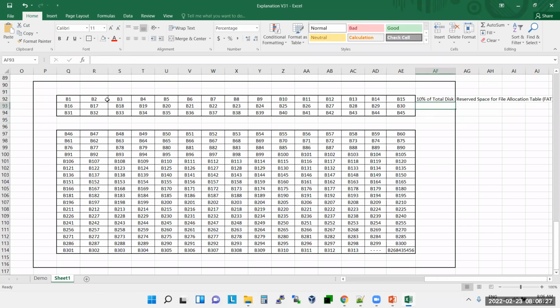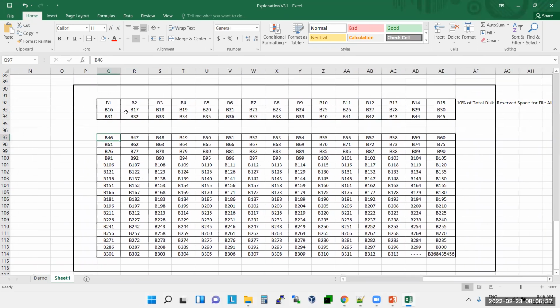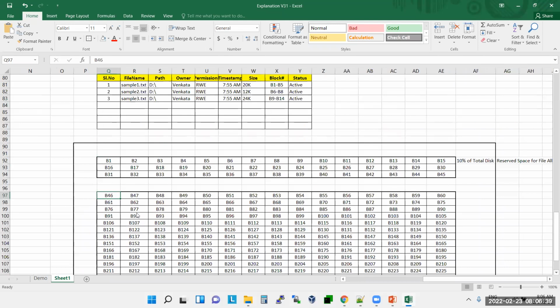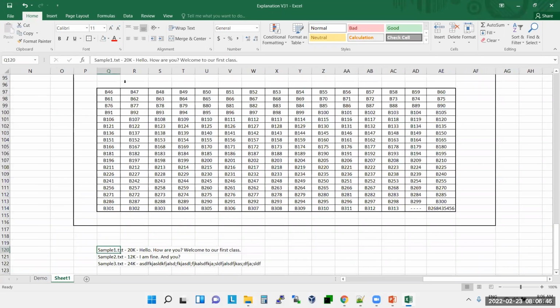What information do you store inside this one now? Block details. Now take the same scenario. Now you write sample1.txt here. The blocks of sample1.txt will start being written from here.